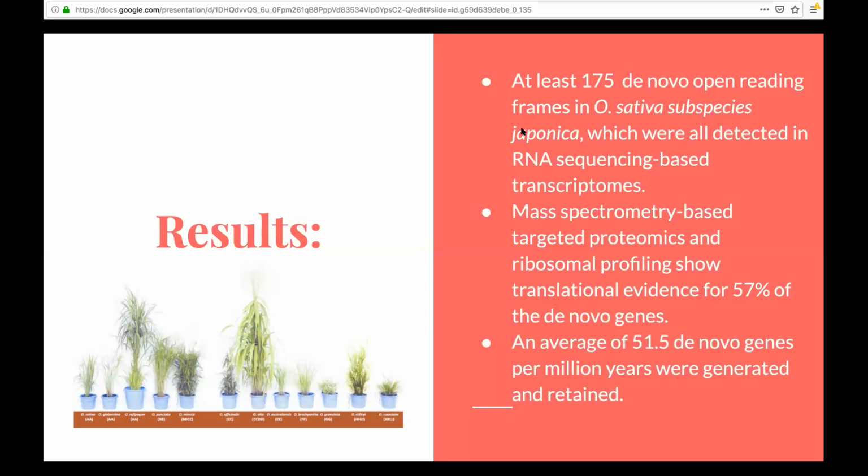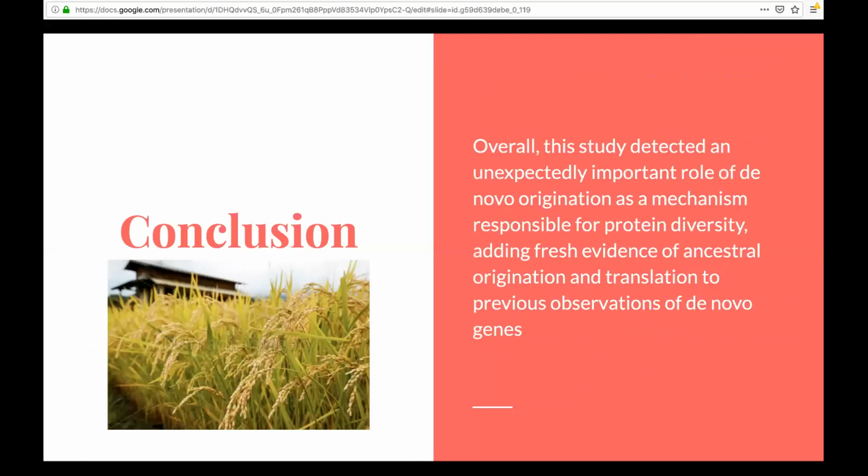And around 51.5 de novo genes per million years were maintained throughout history, all the way up until 2018. So it is interesting how this really is an evolutionary process, because it has somehow been retained in the Oryza genome throughout millions of years. And in conclusion, this study provides important information to prove how